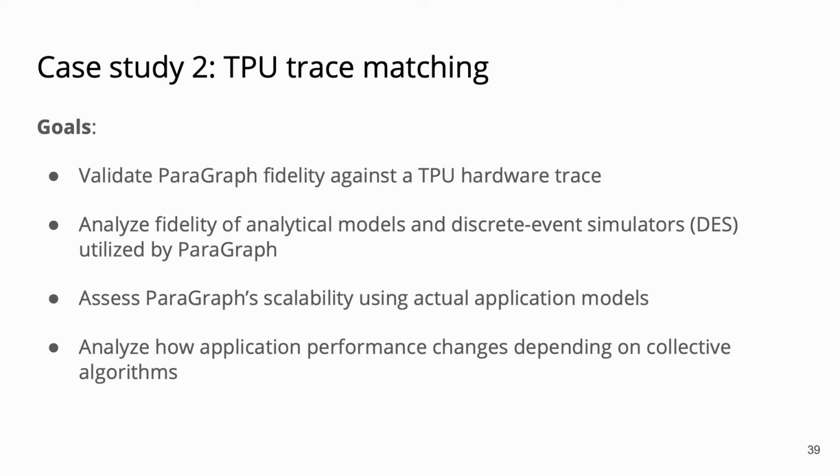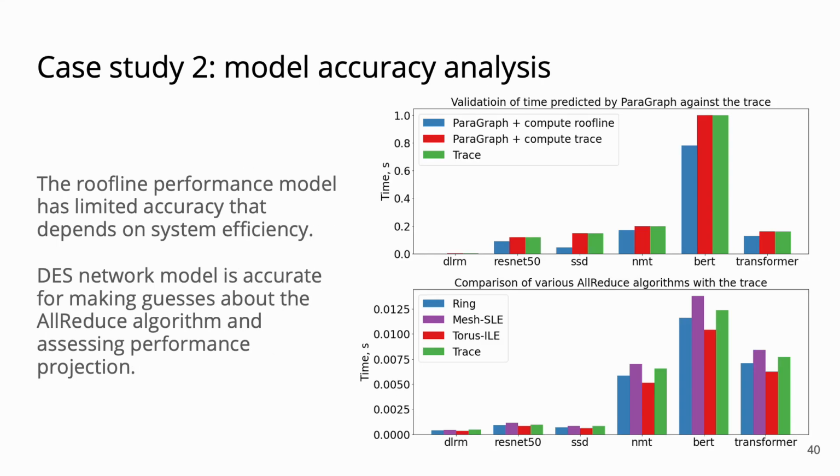This workflow helps to optimize systems for a particular set of production applications. It not only verifies ParaGraph as an accurate tool, but also allows us to quickly run various what-if studies, picking the best ideas for future system iteration and optimized performance for a very specific set of important applications.